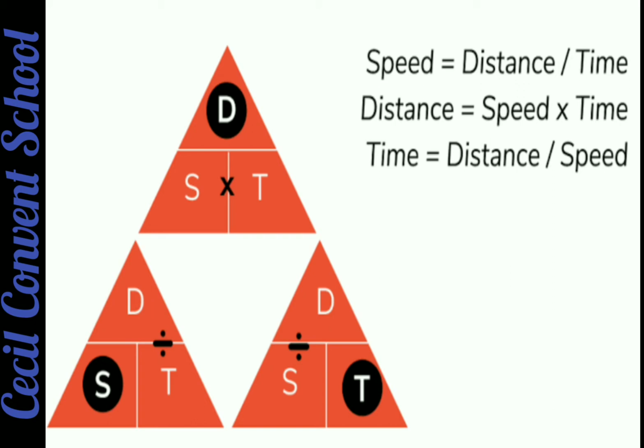One way of learning these formulas is that you can make a triangle. In the upper portion you write D, and inside it S and T. When you are finding the upper portion, you have to multiply both, that is S into T. And when you are finding the down one, like S, what do I do? D divided by T. And if I am finding T, then I do D divided by S. Clear? When we are finding a down one, we always divide, and when we are finding the upper one, we multiply. Clear, students? So let's start our activity 1, question number 1. Clear?